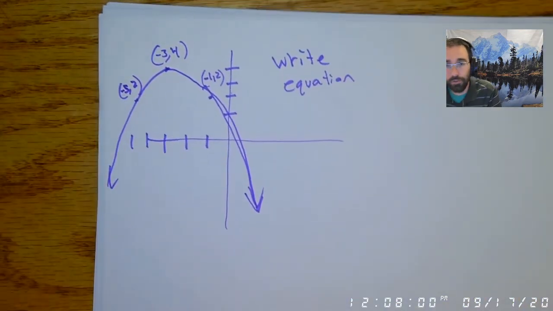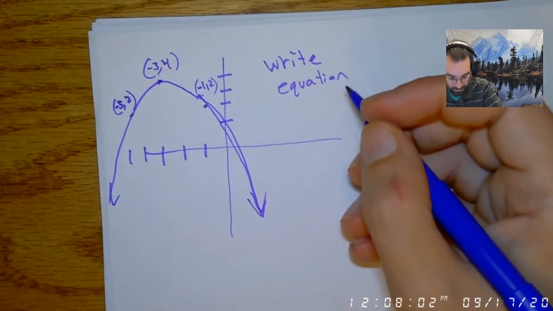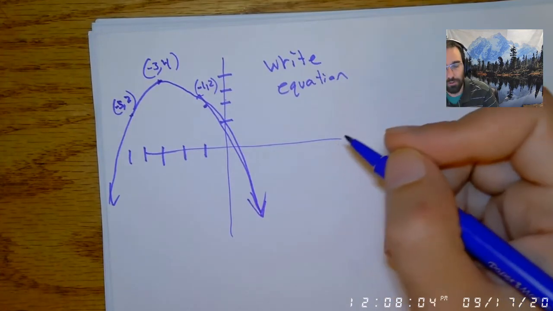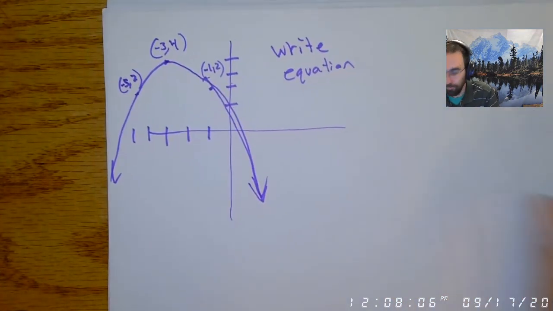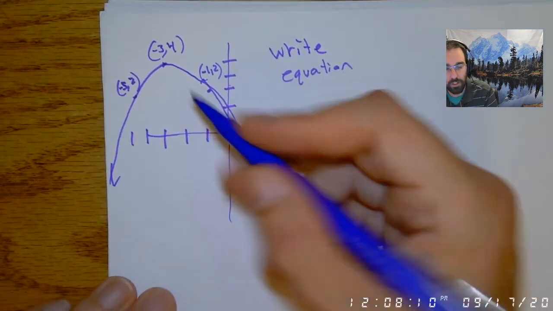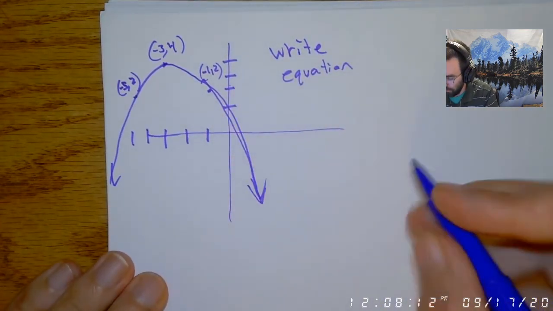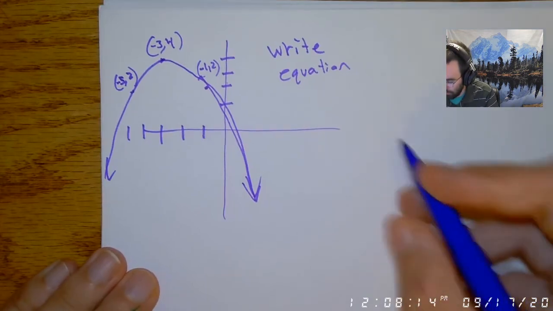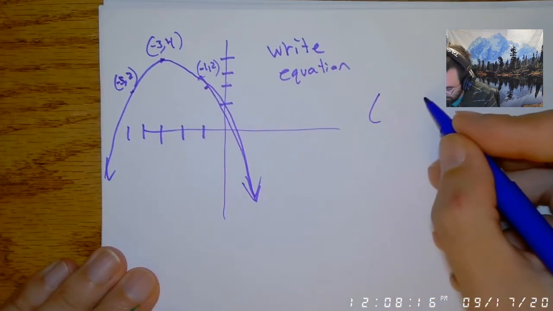All right. So the first thing you want to do is identify the family function, right? So the family function here is a quadratic. The next thing we want to do is figure out the vertex, right? So we're going to get to our vertex from our translations. So if I look at my core function,